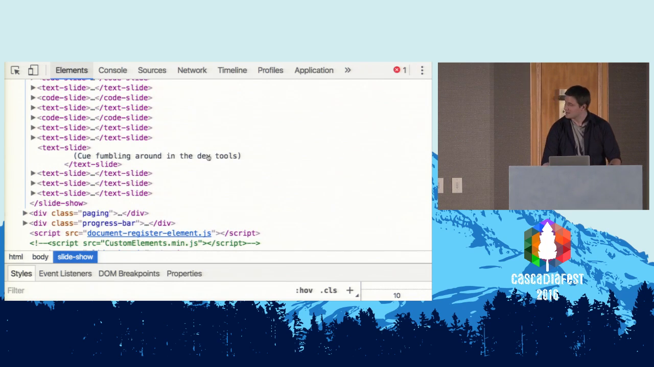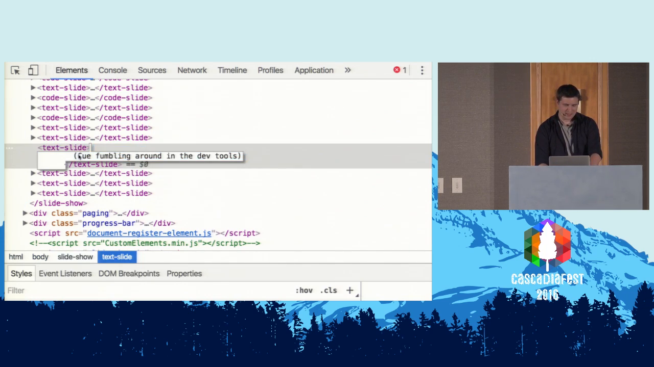Oh, I missed this. That's my favorite slide, too. Fumbling around in the dev tools, because it's so accurate. But if I were to go in here and say, "You're awesome,"